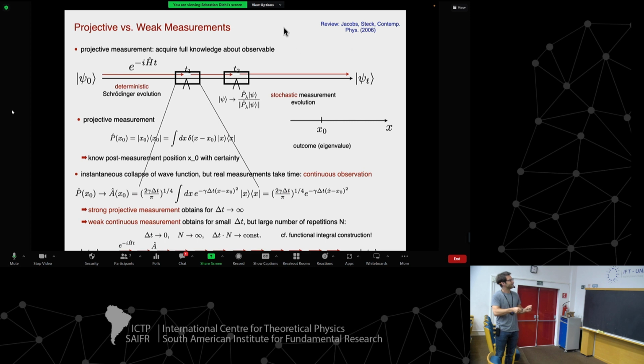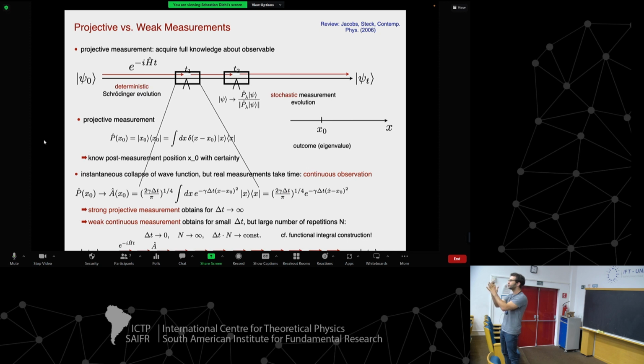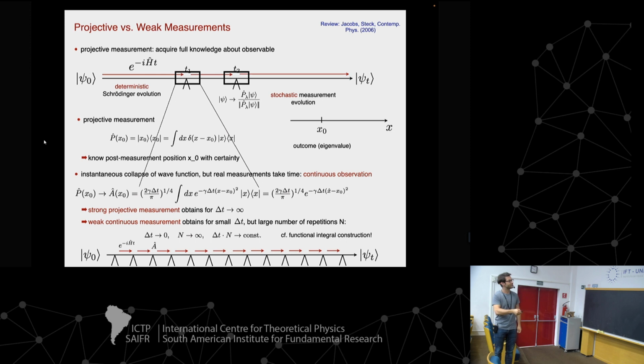Okay, yeah. That's very nice, because there is a little bit of information down on the page. What I want to say is let's soften this delta function a little bit. Let's just regularize, if you like, this sharp delta function by a Gaussian, which has the property that if I really go formally to this instantaneous measurement limit, and I send delta t to 0, then this Gaussian function sharpens up and converges to the delta function. So then we get back the projective measurements in this limit.